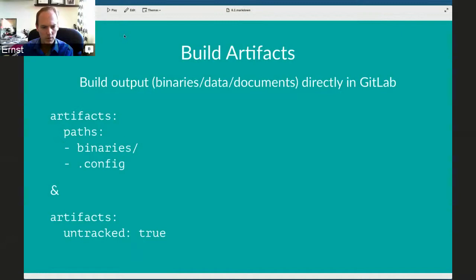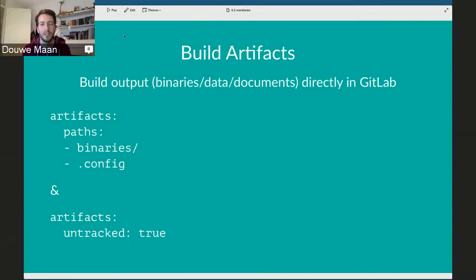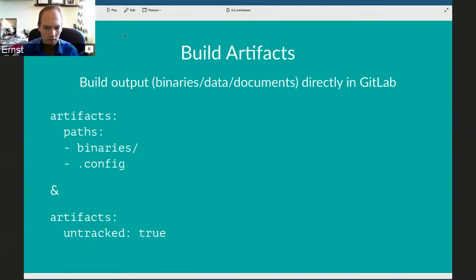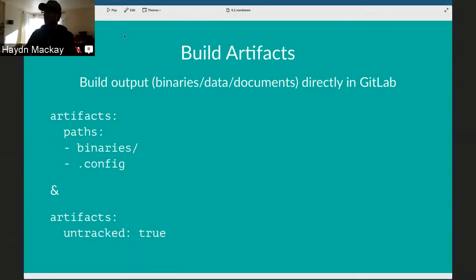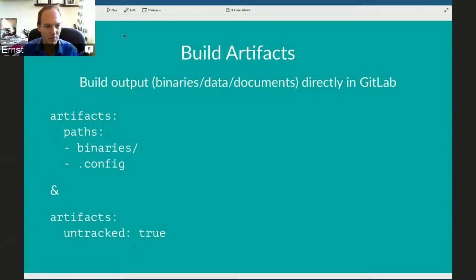Job, maybe you've addressed this, but it's not entirely clear to me. But I'm seeing you talking. Oh, can you hear me now? Still not. I can hear you, Ernst. Okay. Well, I'll ask you guys the question and you can relay it to Job. The question is, when the artifacts go back to your GitLab instance, do they go to the repository or not? That's question one. Question two is the paths that you show defined here, binaries and